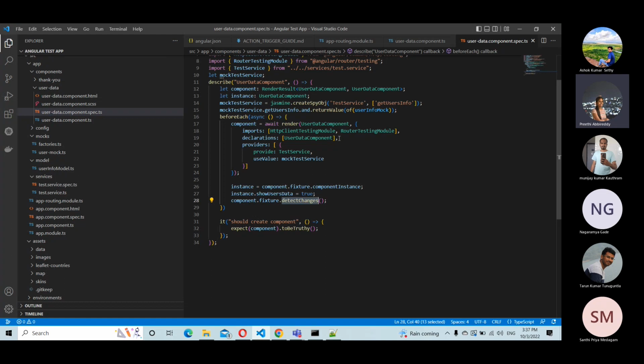Along with that, we also discussed one more thing, the Angular testing library. So by default, when you create a